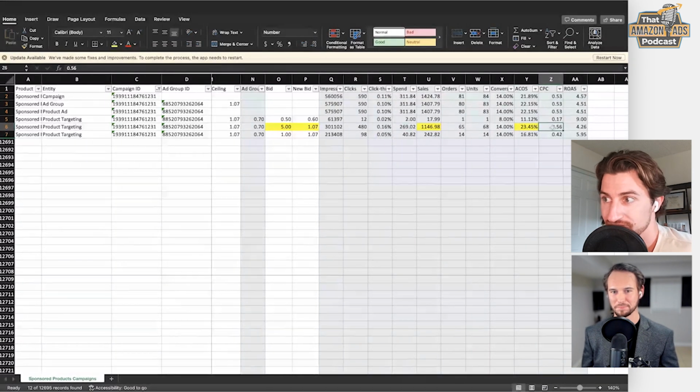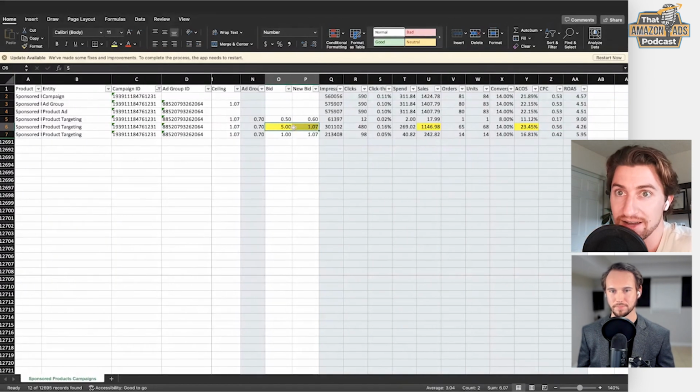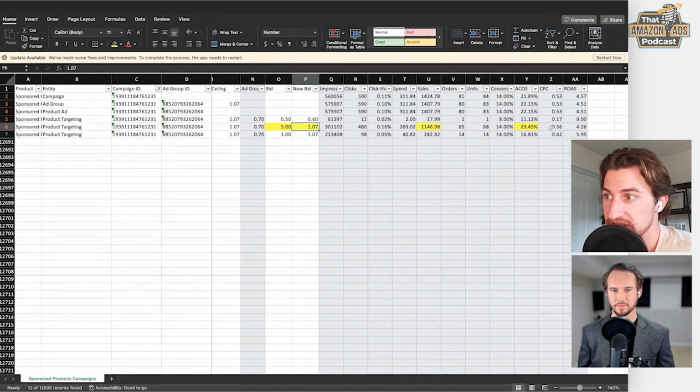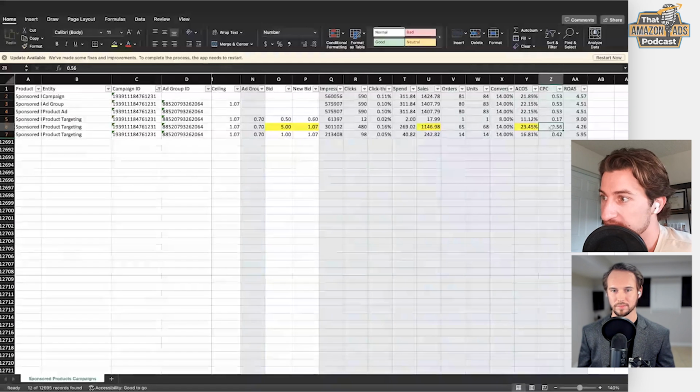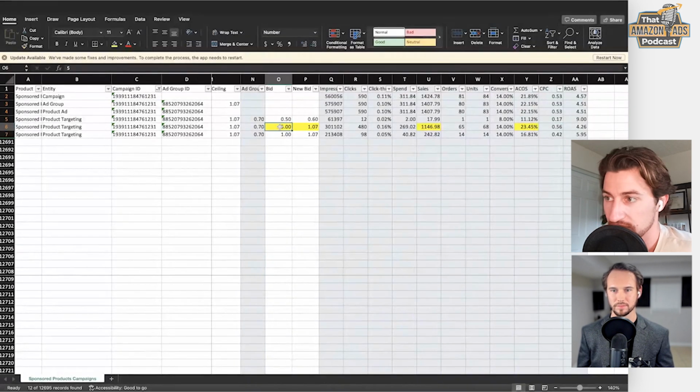Like, yep. You're not going to lose, you're already paying enough. Your bid is high enough. The reason why we're doing this bid ceiling here is you're not going to lose any impressions, any clicks, anything like that, because you're still paying the full CPC. But what this is protecting you against is: you weren't getting this performance because of a $5 bid. You were getting this performance because of a 50-cent CPC.